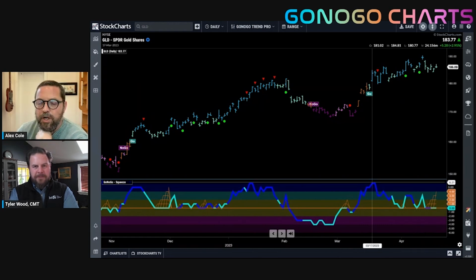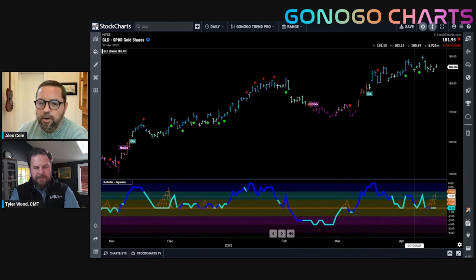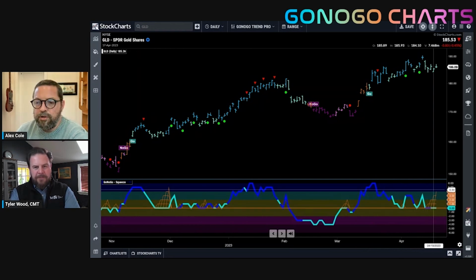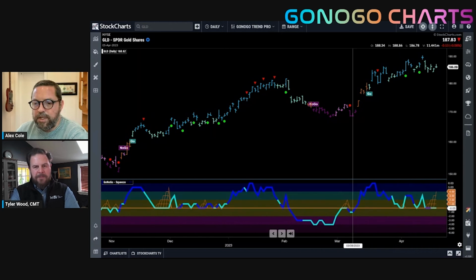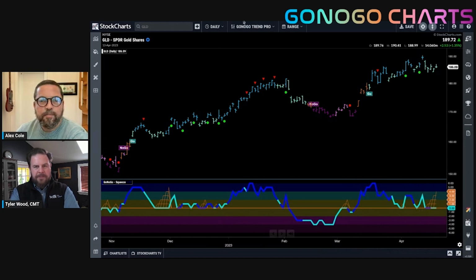Bearish divergence as well, though, from the oscillator. Price making higher highs, oscillator making lower highs as we now come back to test the zero line from above this time. And you can see that grid of the go-no-go squeeze rising as we see a similar tug of war on gold as well. So all else being equal, we'd expect the zero line to hold. And if we find support here, then perhaps price will make an attack to go higher.